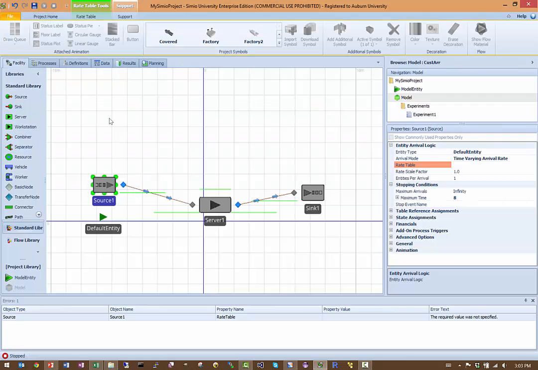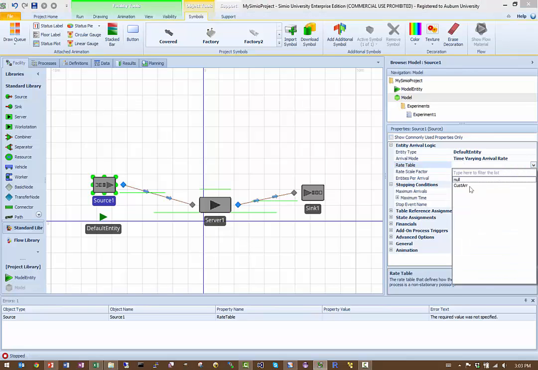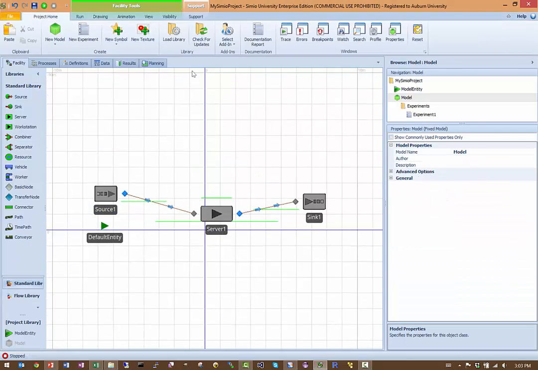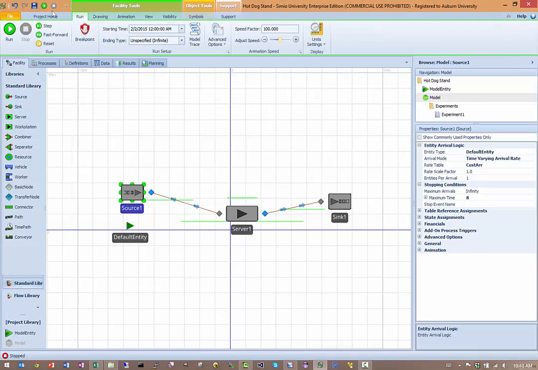and then we can go back and address our error, we just specify the table that we just defined. So now I have customer arrivals in our source that's defined by the arrival table. So now I can run my model. So let me go back and note that I have the speed factor set to 100, and we can run